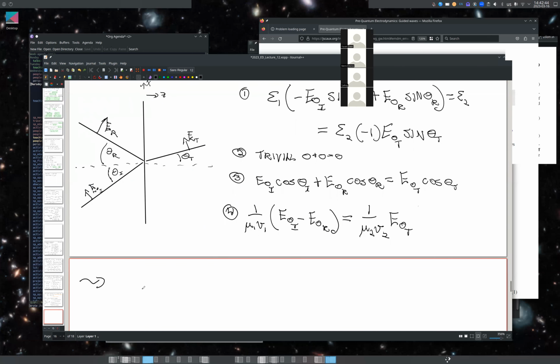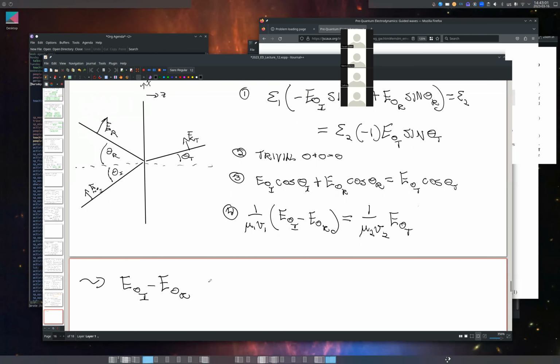So essentially, like a basic algebra. For example, if I do the isolation of these two things here, I get that E0 incident minus E0 reflected is a ratio mu1 over mu2 that we'll just call beta, or that we have called beta in the past, right? This is what we had in the